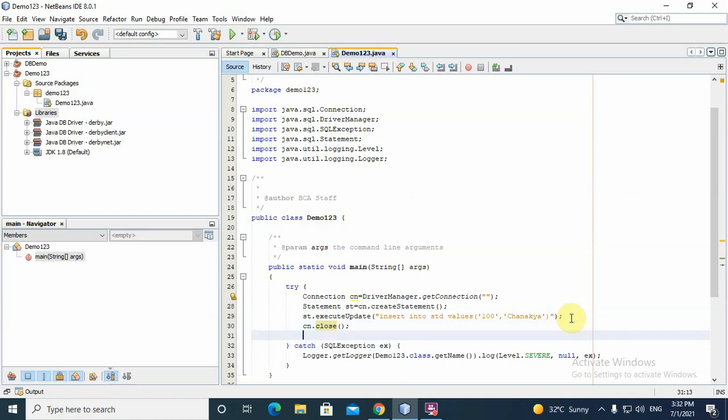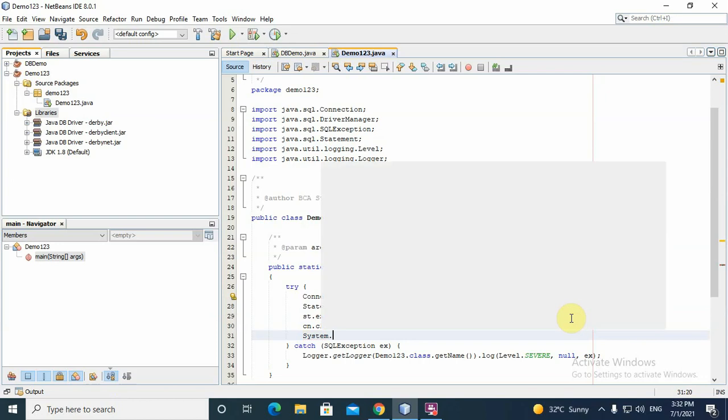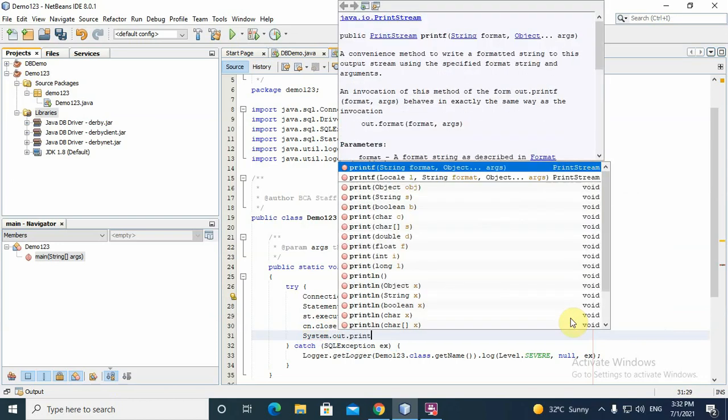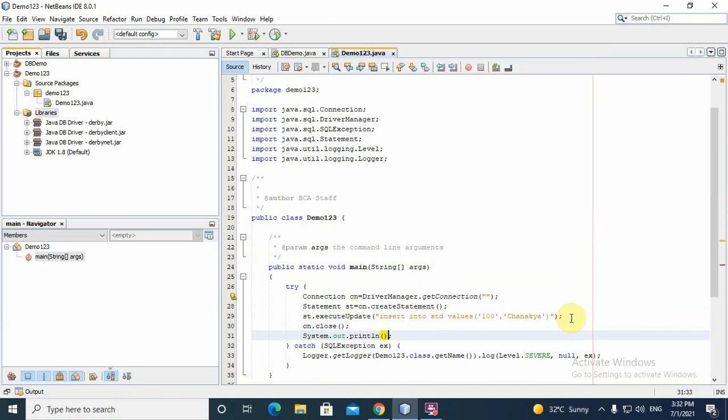Then lastly display the statement System.out.println. Here you have to display the statement: records inserted. We are displaying one message to the user.